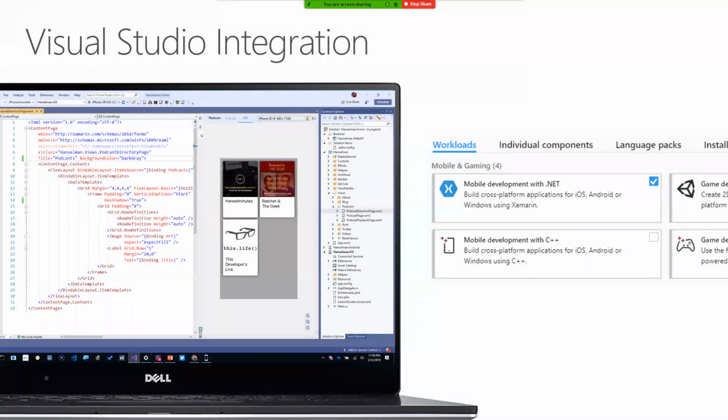If you already have Visual Studio installed, go into Modify and check off the mobile development with .NET workload. Look for the blue Xamagon, we call it, the little X. And when you install Visual Studio for the first time, you get the same setups. Because we're part of Visual Studio, we take advantage of all of the amazing things the IDE has. And we also do a lot of optimizations ourselves, because my job, like I said at the beginning, is tooling. I want to make sure you're as productive as possible.